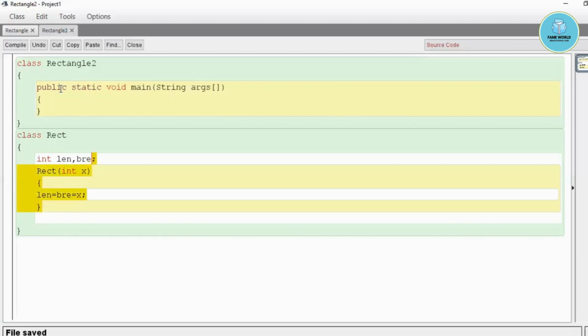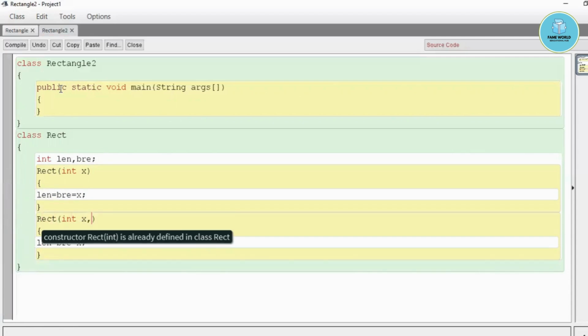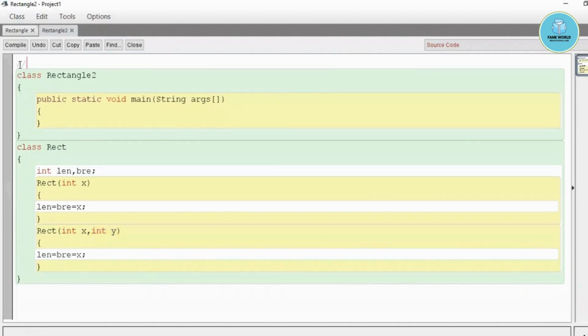This we have initialized. Now again, because the working of constructor is to do the initialization, we have to do the same thing again and again, but the signature list should be different, like the parameter list. So when we are talking about constructor overloading, it is necessary to have same class, same name, and different parameter list. So you can see we have the constructors in the same class with the same name, but they have different parameter lists.